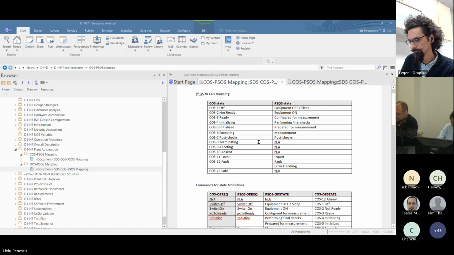So we think of that, for example, on the right side. This is a table which we added because we found the need for it. So each PESOS state on the right then has a translation to a COS state. So we can provide that. We can see also that in this case, for example, some COS states we don't implement directly, so especially the transition ones. Is that also something, or the other question, is it a problem if